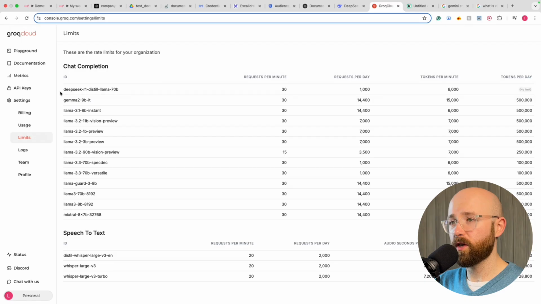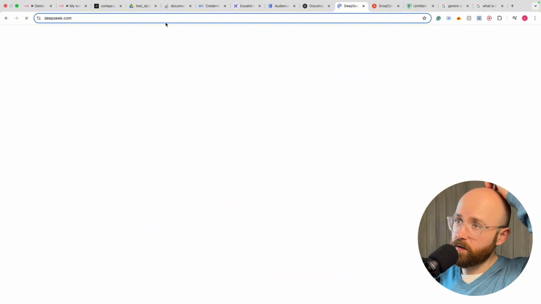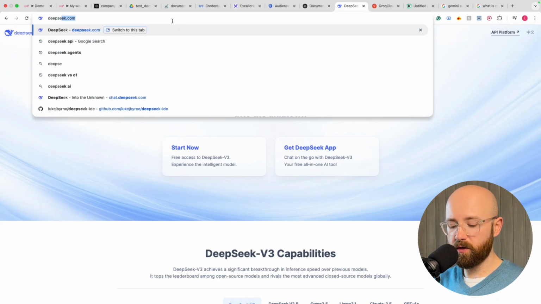So for example, I can use DeepSeek. I can do 30 requests a minute or 6,000 tokens, whichever comes first, but there's no limit per day. So every day, every minute of every day, I can do 30 requests completely for free, which is amazing, especially if you consider for DeepSeek, you can chat online here fine, but if you try and use the DeepSeek API,